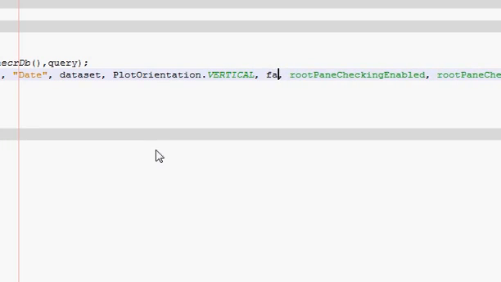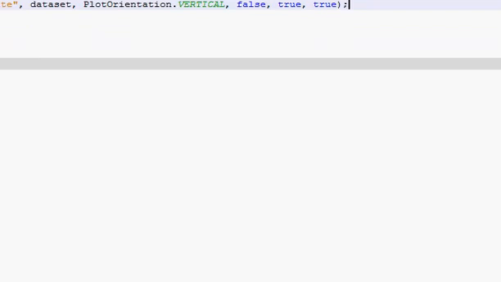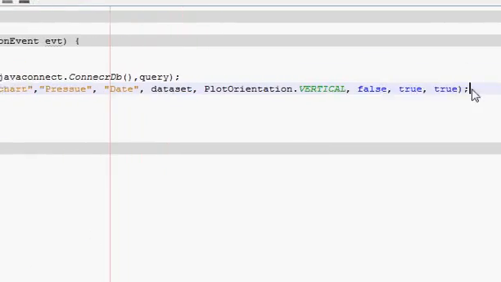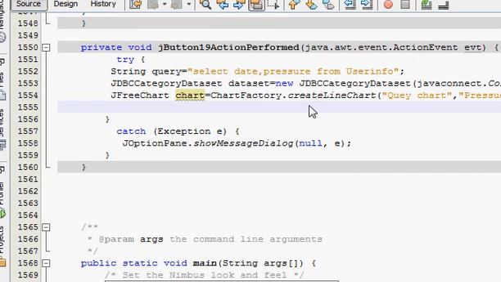you must write false, true, true, and bracket. So we have written this code, and in the next line you have to write bar renderer is equal to null,